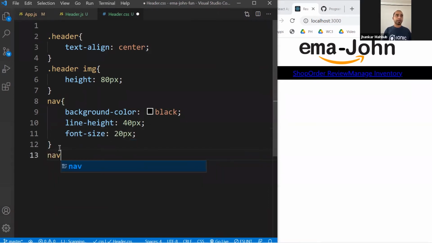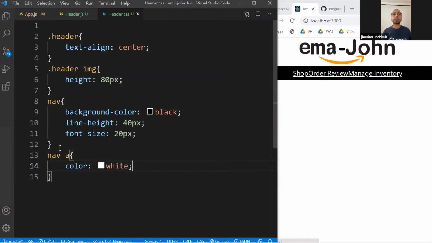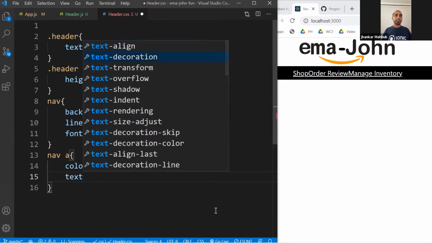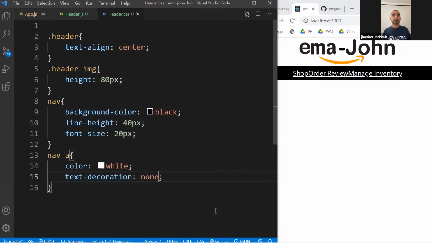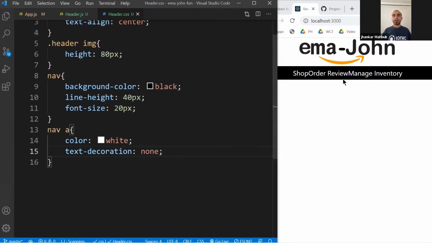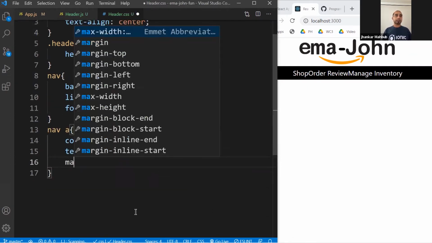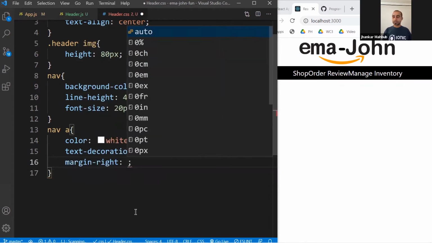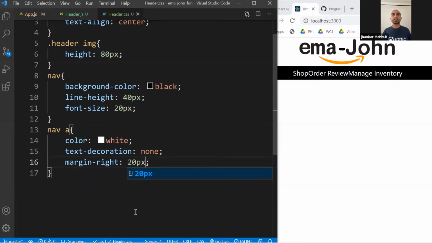So if all the navigation has anchors, you can say, hey, inside any navigation, if there is an anchor, you need to make this color white. And if you do this, your color becomes white, and you have an underline, you can get rid of this by text-decoration: none, because you don't want any decorations. And they are very close to each other. You can say margin-right as, say, 20 pixels, something like this. So they would be a little bit spaced out. And if you want to make it even bigger, you can put some padding of like 5 pixels.